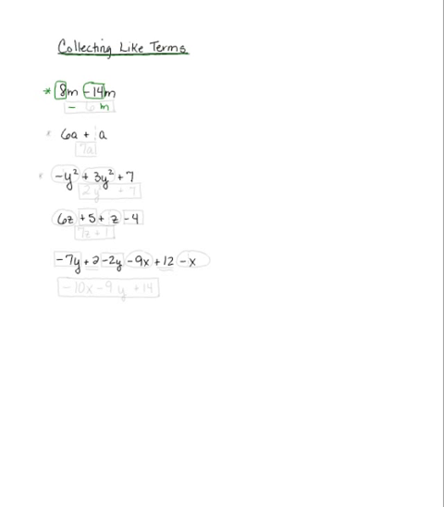So 8 minus 14, and when I do that, I recognize that 14 is the number farthest from 0, so I'm going to do 14 minus 8, which will give me a 6. That will give me negative 6 marshmallows. I owe people 6 marshmallows. So that's the first one.